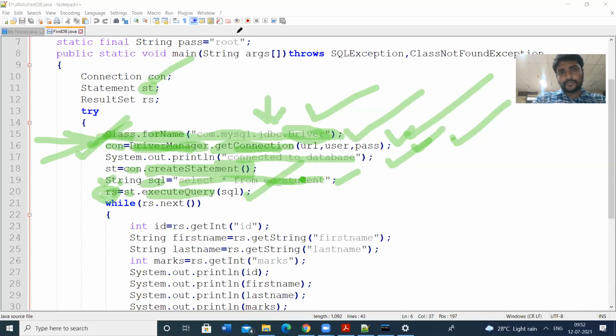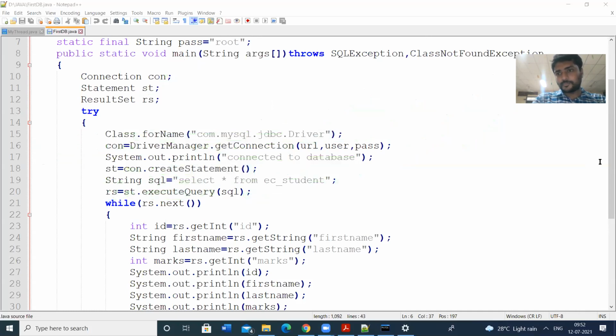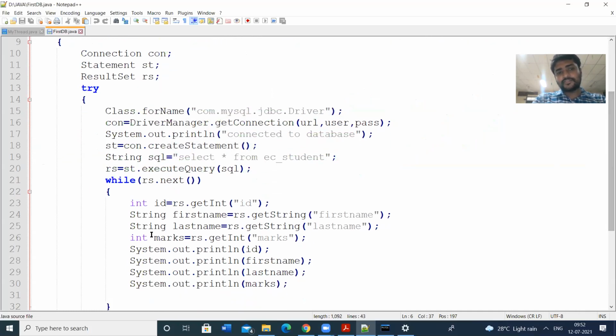Next we are going to write the while loop. If you don't write this while loop, only the first row will be executed, and the next rows will not. That's why we write all the statements in the while loop. While rs.next is the method we perform on the rs object. Here we are storing the column values.